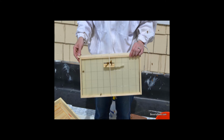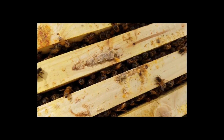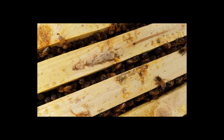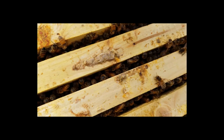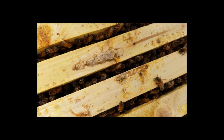The reason why this is important is, typically speaking, there's going to be a few helper bees inside that cage with the queen to help her out, to be her personal servants, if you will. And if you place the marshmallow or candy side downward, sometimes one of those helper bees could potentially die. And when the other bees go to eat through that marshmallow, it's going to have trapped the entrance hole, so the queen is not able to get out. And if that's the case, the queen will die as well. So that's why it's important that you have the marshmallow physically located upward, so that the queen will